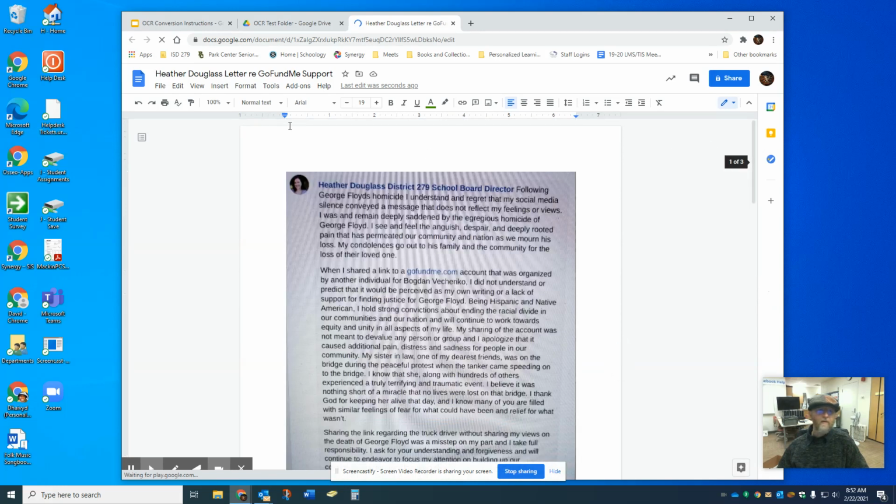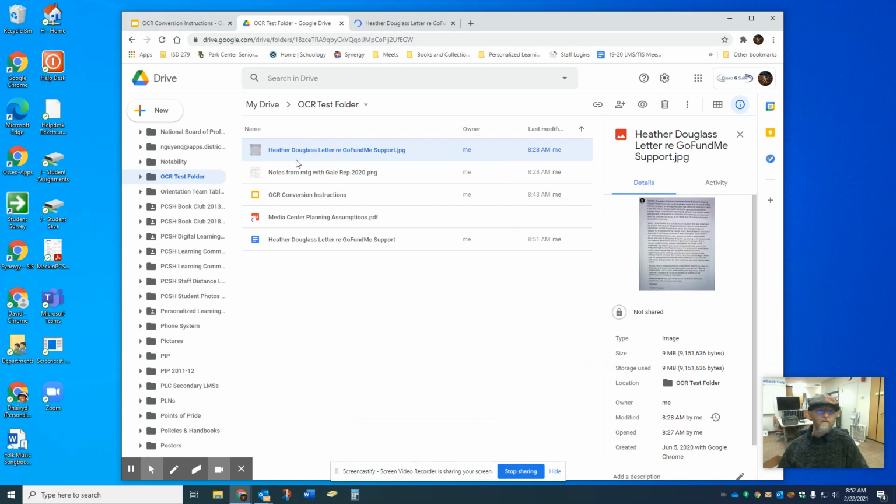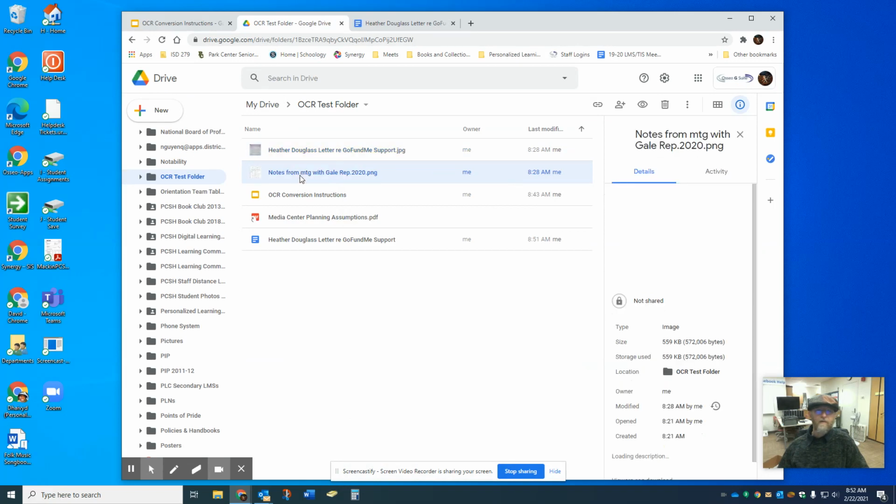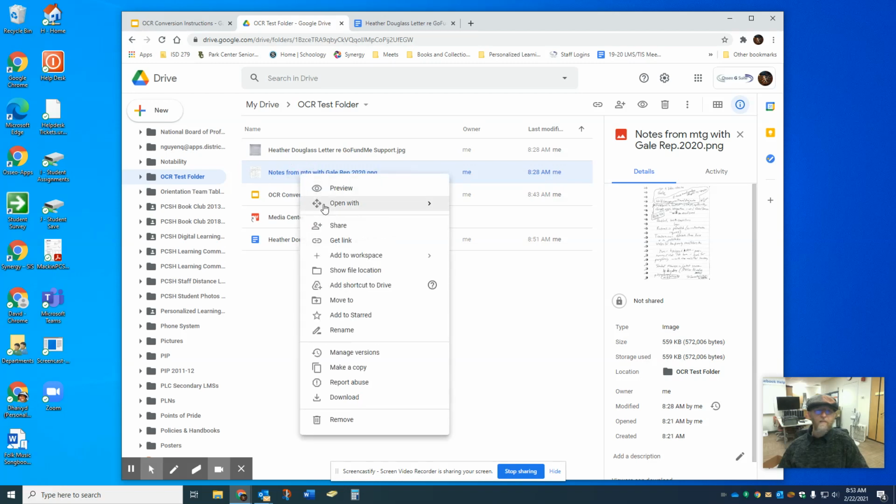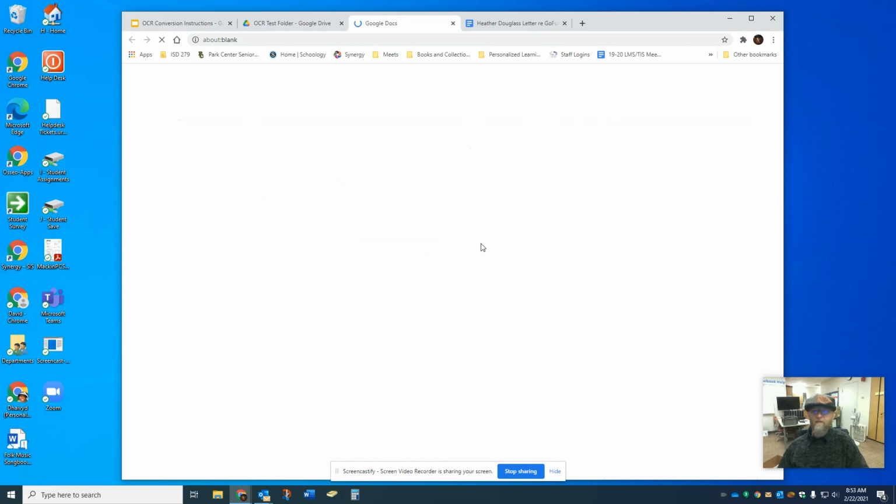But one great thing is you can also do this with handwriting. So let's use this note as an example. Now I have terrible handwriting, but I took some notes when I was at a meeting. So I'm going to try opening this one in Google Docs. Now this one was a .png